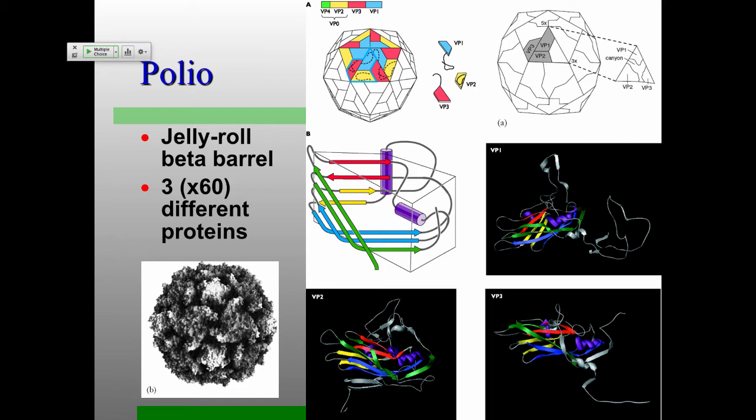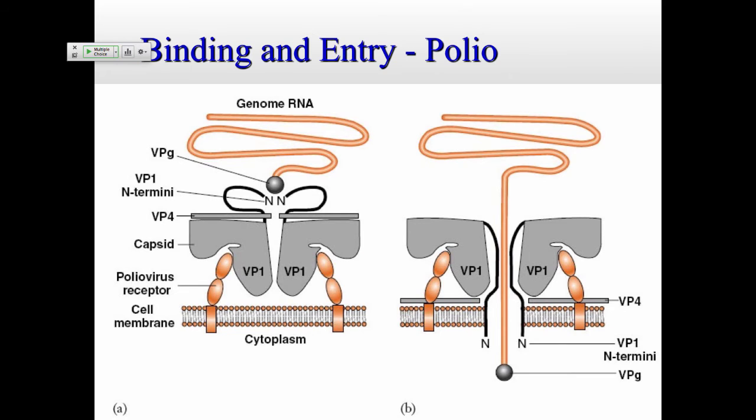So I mentioned already that we have binding here in the canyon around the 5-fold axis of symmetry. This is where the virus interacts with this receptor. That's shown here. Here's the poliovirus receptor, this orange thing right here, interacting again right around the 5-fold axis in this depression right here. So you have this interaction with the poliovirus receptor next to the cell membrane, and then